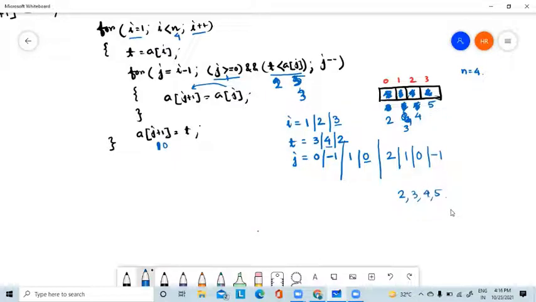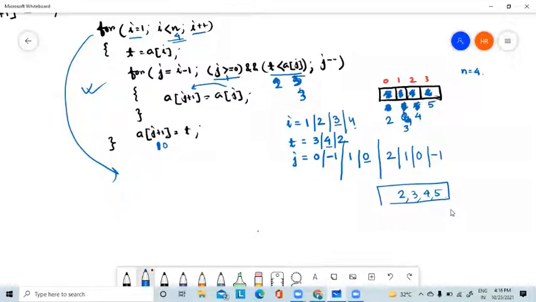See, after this, I plus plus, I becomes 4. Now this one is not satisfying. So it will come out from this loop. So this is your sorted array. So this is your insertion sort and this is your sorted array. Okay. Now the next thing,